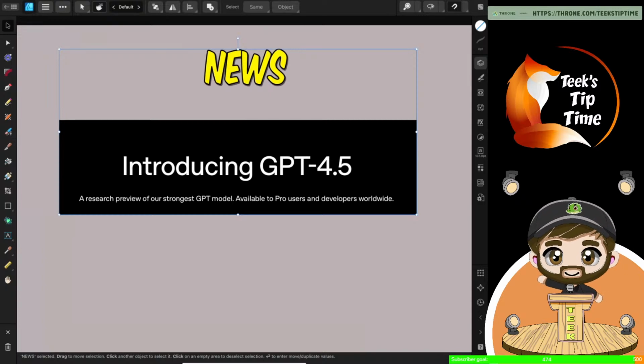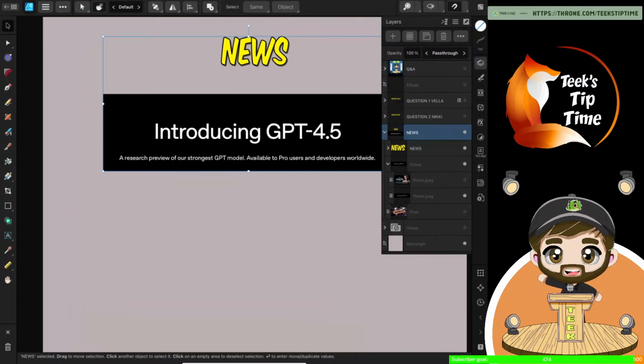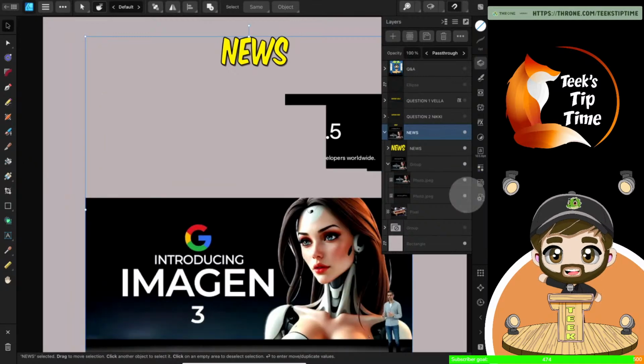But what comes with 4.5 is a new image generator, which is awesome. So DALL-E 3 is what they use right now, which, to be fair, was one of the first ones that came out, and it's getting a bit long in the tooth, if you like. Midjourney is now the go-to image AI. However, Google,